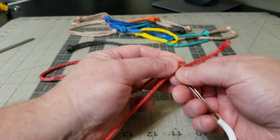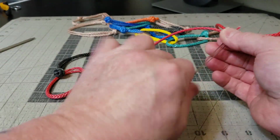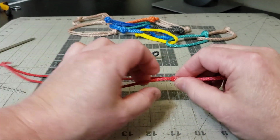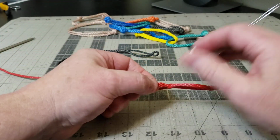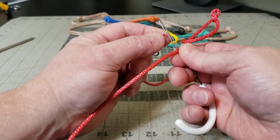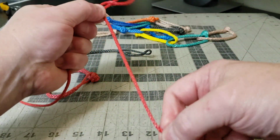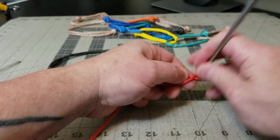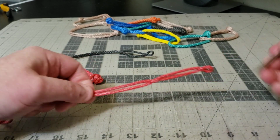And what we're making right now is just the lock Brummel part of this. So just make a lock Brummel. We went short through the long, and now we're going to go long through the short to create the lock Brummel. We can go back in if we want with our little loop management device. And now